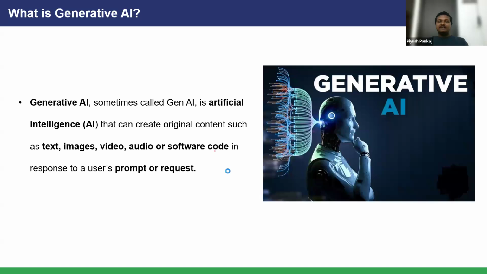So generative AI, we can say, is a subset of AI that is created to generate new, human-like content, right? You are using ChatGPT to write an email, right? What type of email is it generating? It is generating a human-like written email. You can generate images, videos, audios, and it is also getting used most of the time to generate code, right? And to generate all these things, we use a prompt. A prompt is nothing but the input that you give to a generative AI model, like when you are using ChatGPT, right?